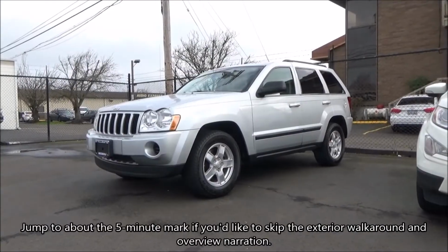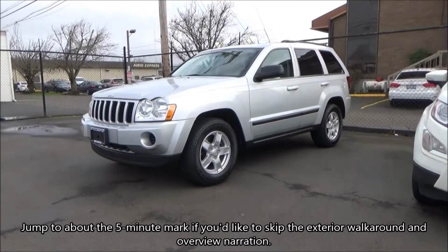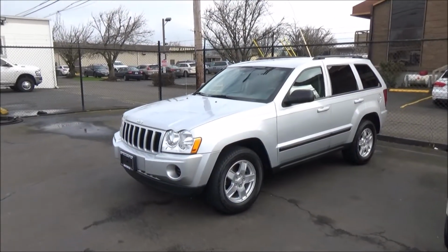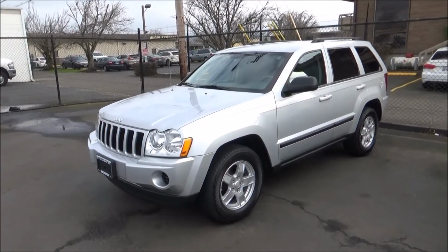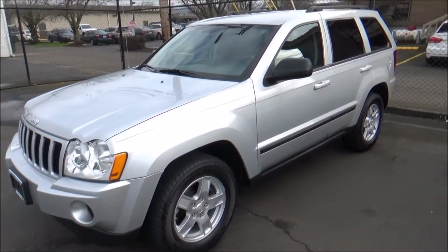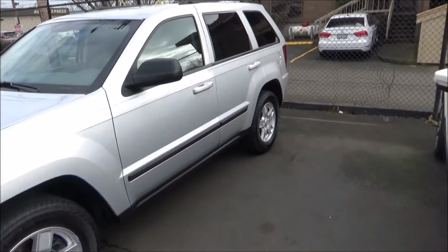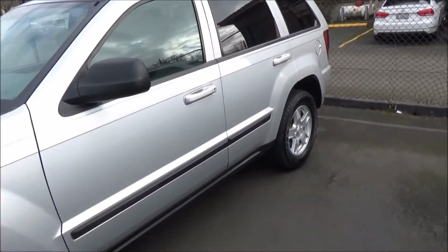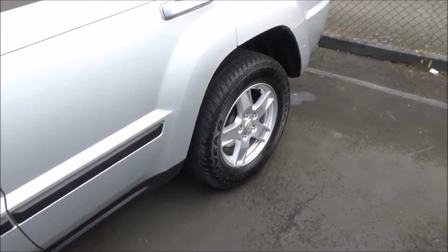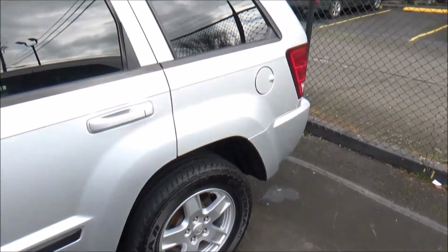The Grand Cherokee made its debut for 1993 as a larger alternative to the pre-existing smaller Jeep Cherokee. It was originally supposed to replace the Cherokee, but since there was such a large demand for both models at the time, Jeep went ahead and continued to offer both SUVs at once. Following its launch, the Grand Cherokee was an instant hit, and even now, the Grand Cherokee is still the best-selling